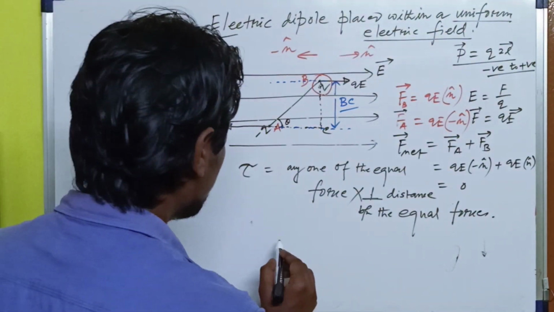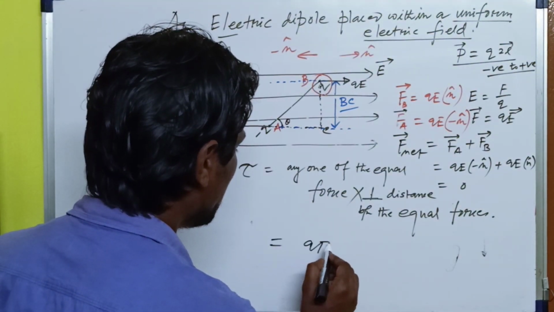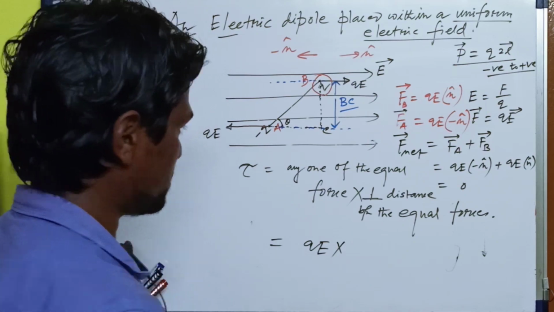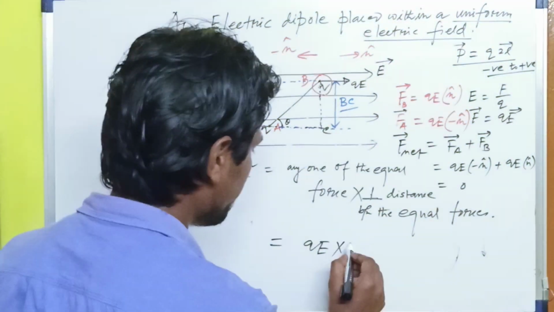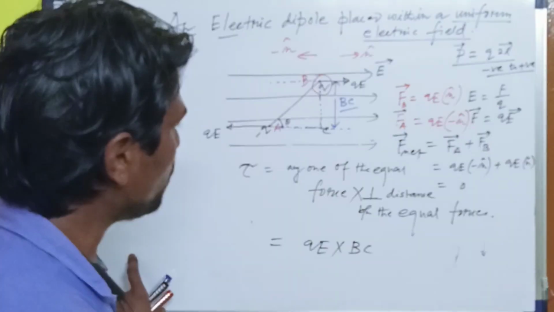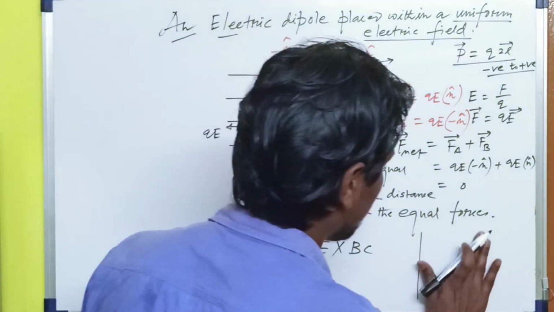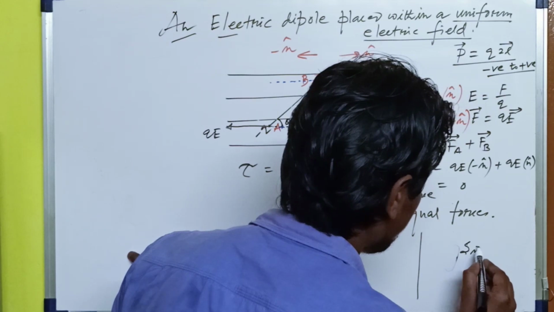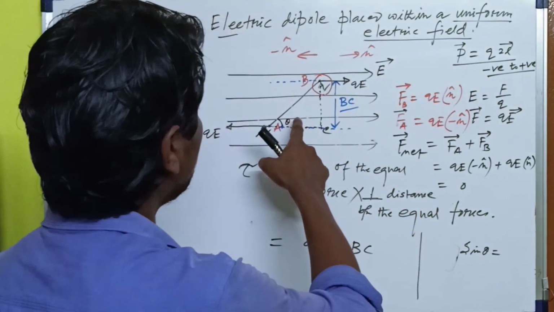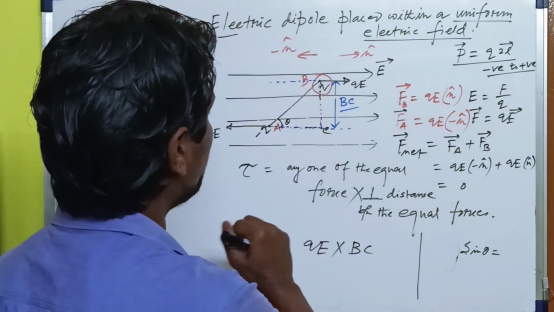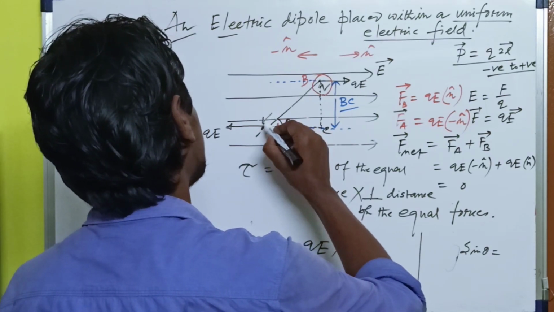Any one of the equal forces means here it is QE, into the perpendicular distance. Perpendicular distance means BC. So what is the value of BC? BC you can take as sine theta, and sine theta is equal to perpendicular by hypotenuse,